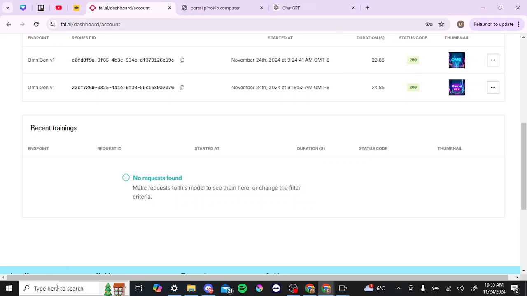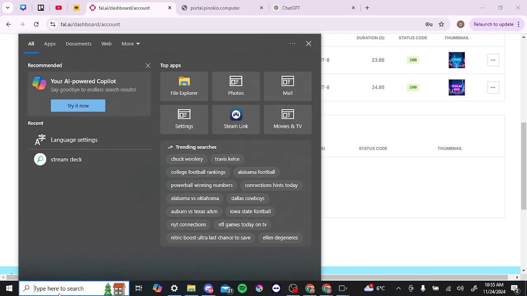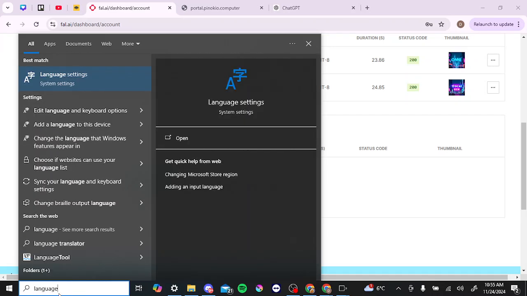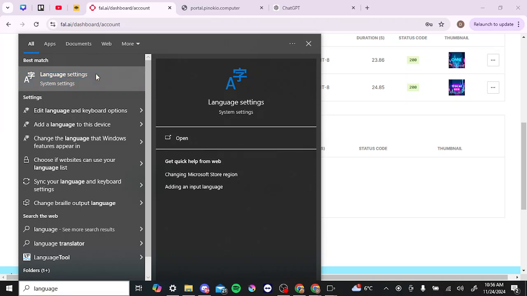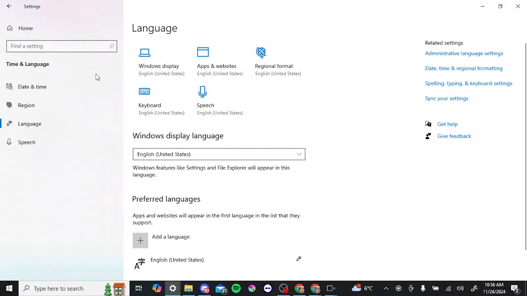So if you are using a PC, in order to do that, the easiest way I would recommend is just to go to the search function at the bottom and type in language. When you do, then you should see the option here that says language settings. We can go ahead and click on that, and that is going to bring you to your language settings for your system. Right now we have it defaulted to English,